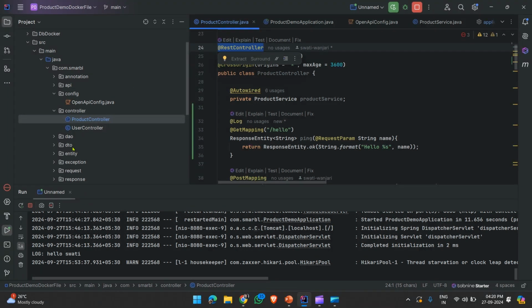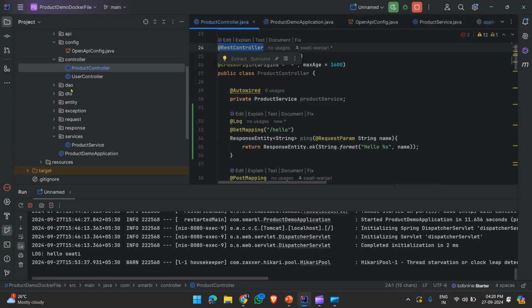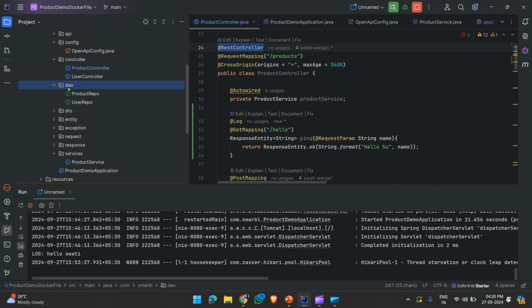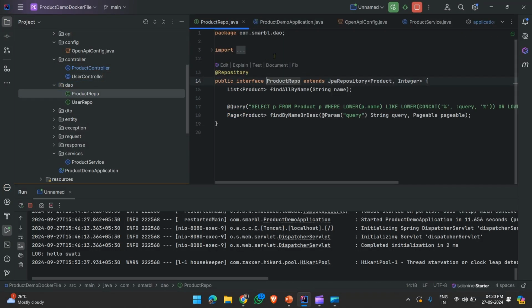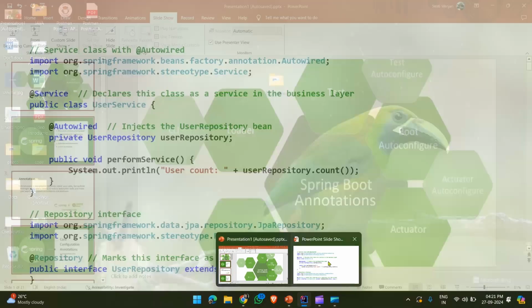for you. And if it is a repository, or any data access layer, then it will be annotated with @Repository, which will do persistence operations likewise. Okay, so next we move towards our